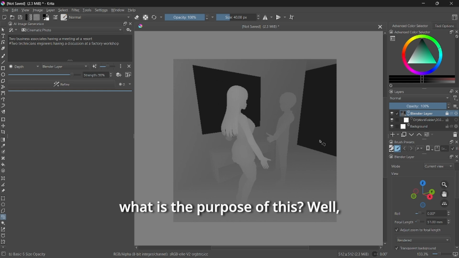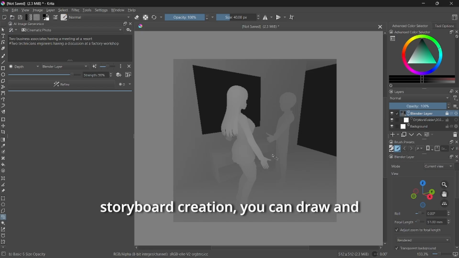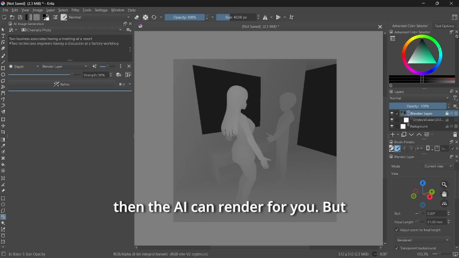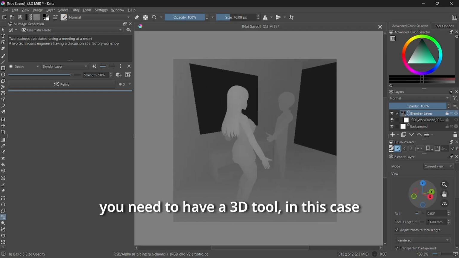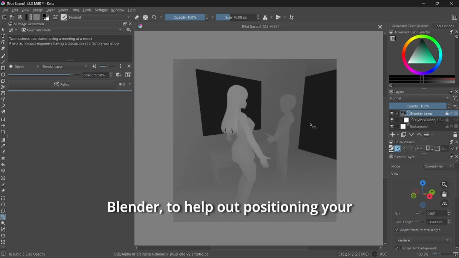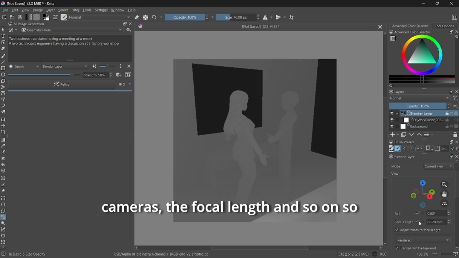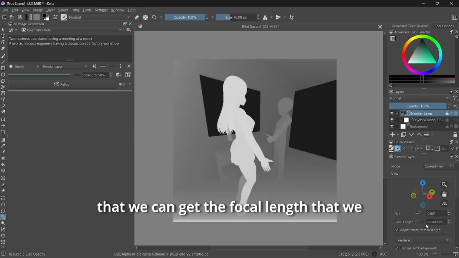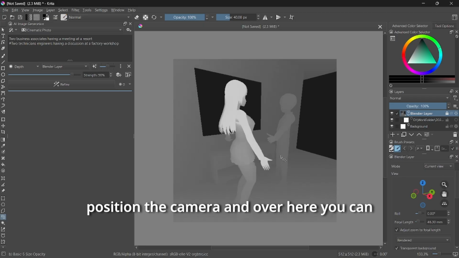So what is the purpose of this? Well, normally for AI assisted rendering for storyboard creation, you can draw and then the AI can render for you. But sometimes in terms of perspective, right, you need to have a 3D tool, in this case Blender, to help out positioning your characters or do a layout for the storyboard, so that we can have a proper perspective. We can also change the cameras, the focal length and so on, so that we can get the focal length that we want. So we can adjust the camera, position the camera,